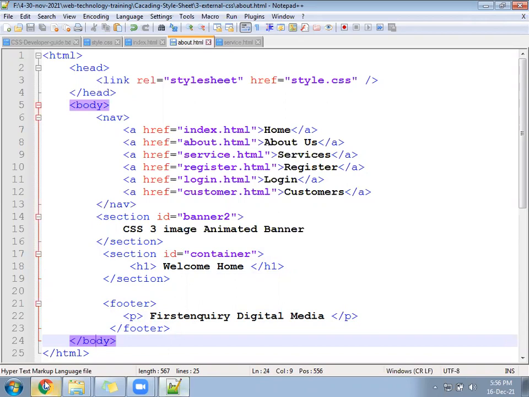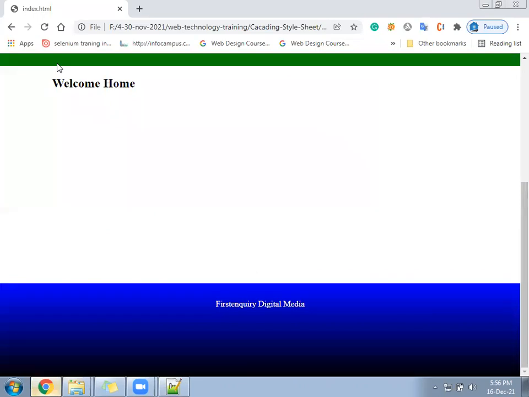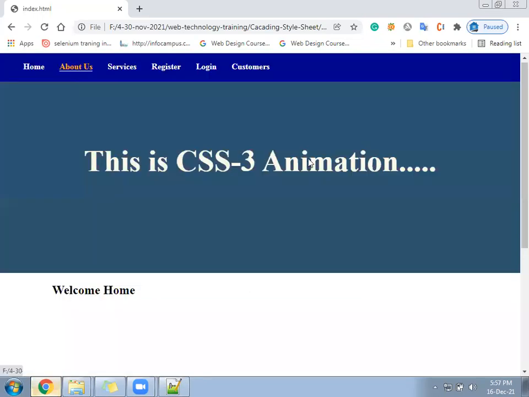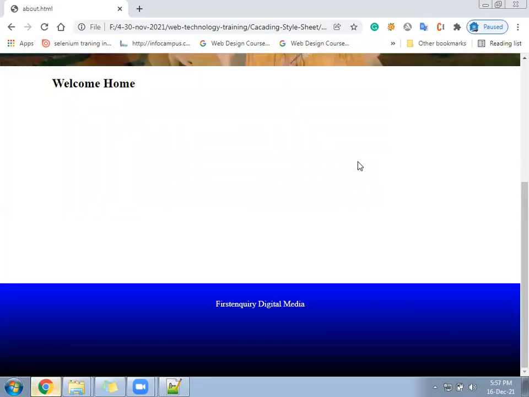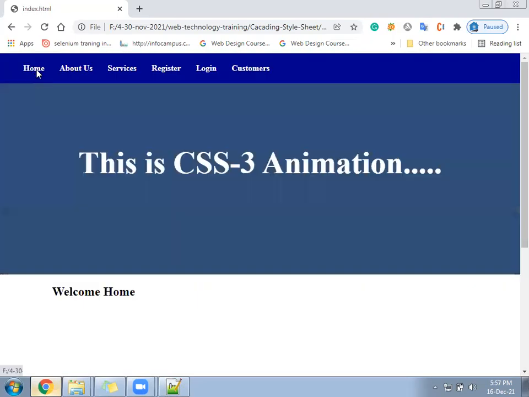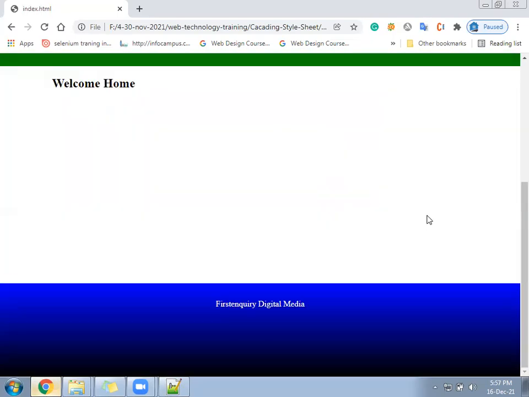Save it now. Go to the about page. Animated banner with the footer. In the home page, animated banner with the footer.